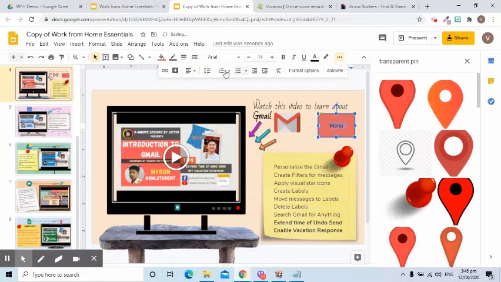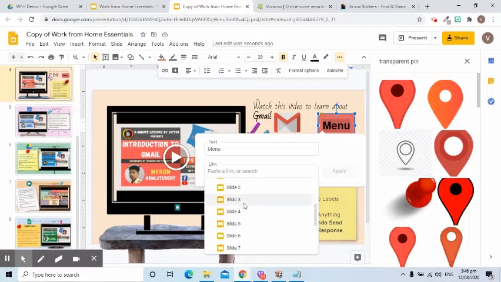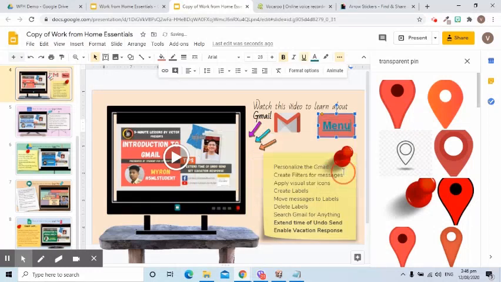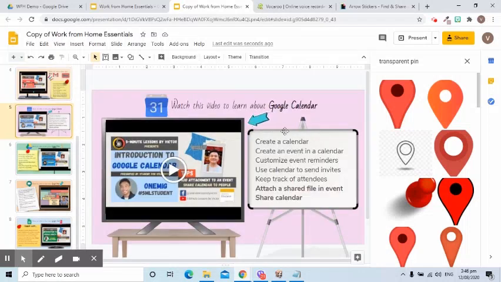Let's align it center. Let's make it bigger. We can even make it bold. And then we can add the link and then choose slide number 3. Since this will be the same in all other slides, we can just simply copy and then go to the 5th slide, paste it there,